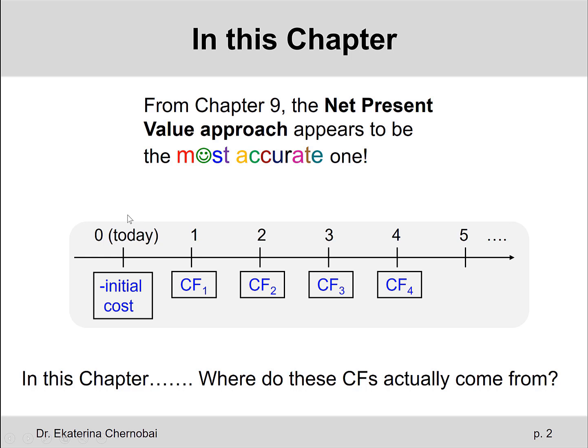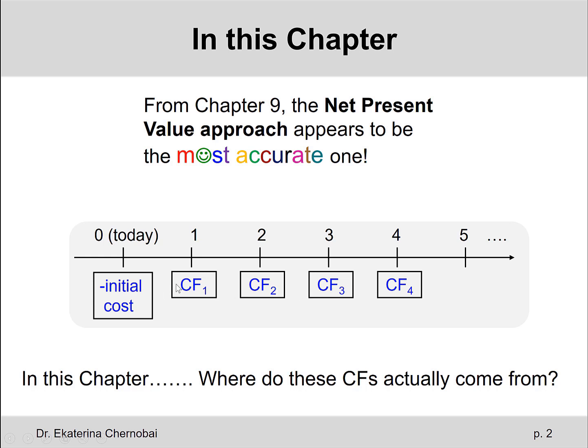So just to remind you again, in the net present value approach, we consider the cash flows that would take place if the project is accepted. Right away, we would need to spend a lot of money. That's a typical investment project. The cash flow in year 0 or today is called the initial cost. And then in the years that follow, we would be receiving profits. And we call them cash flow in year 1, cash flow in year 2, in year 3, and so on.